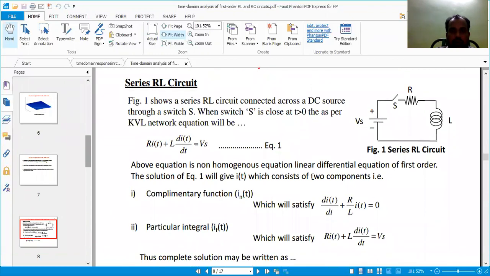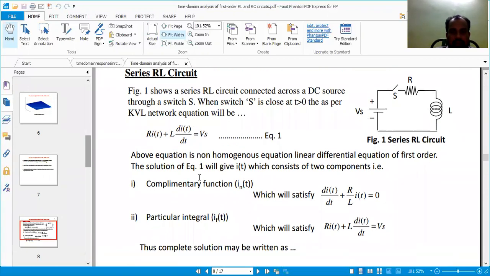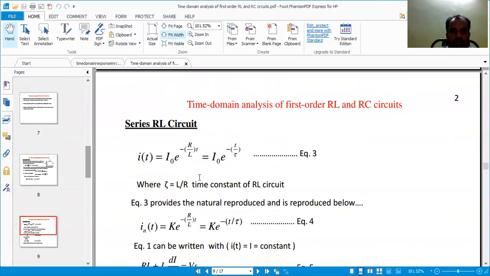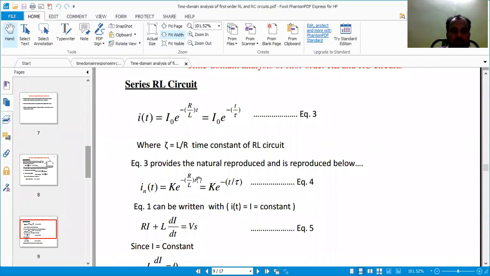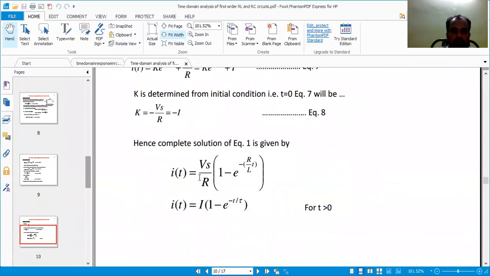Series RL circuits, apply the KVL. Series RL circuits means the circuit diagram, the network containing the voltage and resistance and inductance. To apply the KVL, v of t equals L into di by dt. Okay. L into di by dt. Series RL circuits, apply the time domain analysis. I of t equals I of 0 into e to the power of minus Rt by L. Okay. RL circuits, I of t equals Vs by R into 1 minus e to the power of minus Rt by L.